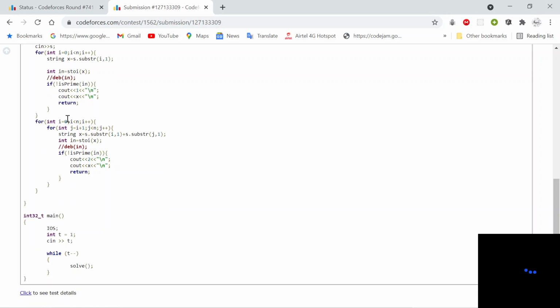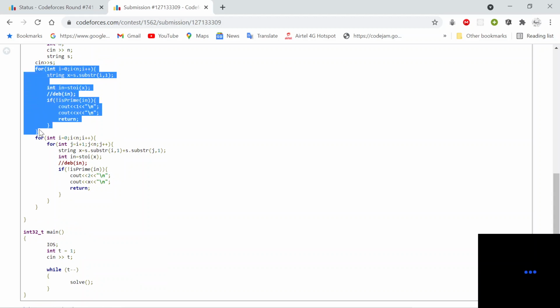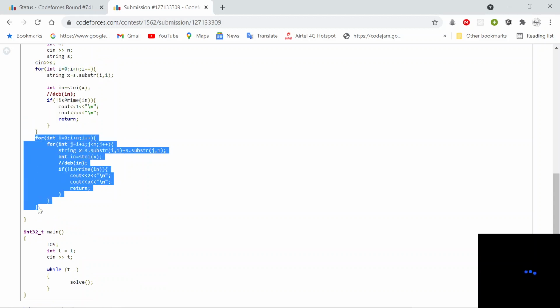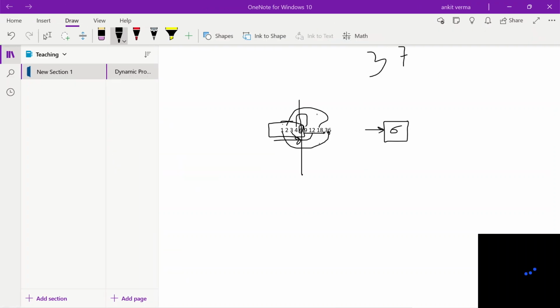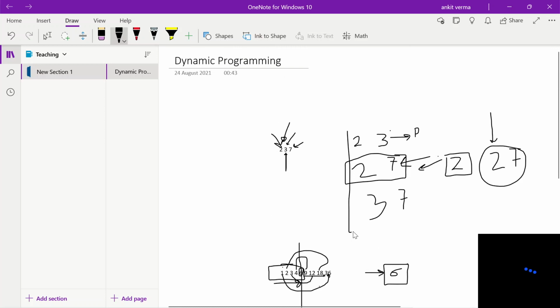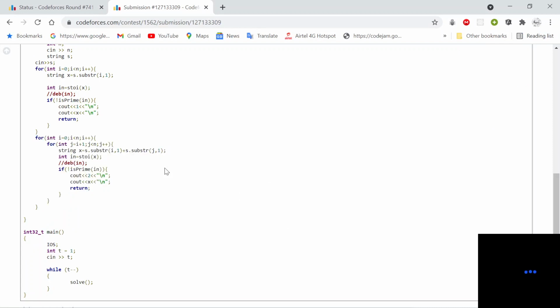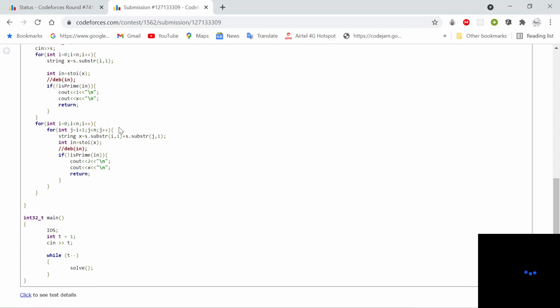If it has not given any result, then I have to check the pairwise subsequences of length two. Using a double for loop I can make these pairs of strings. How does the double for loop work? I start from index i from 0 to n, and the other index j from i plus 1 to n.